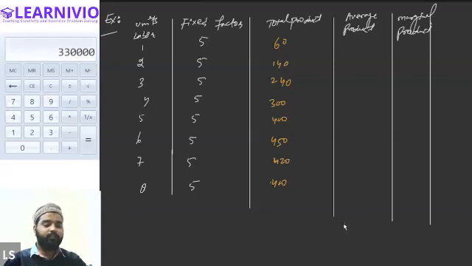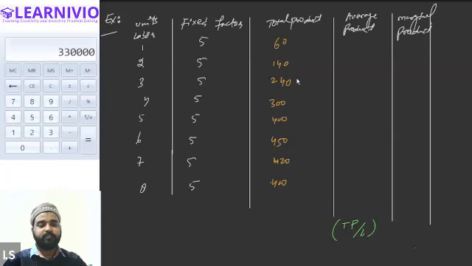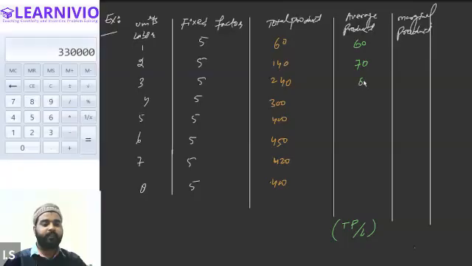Average, how do we actually calculate average product? Average product is calculated by dividing the total product by the labor. Is this clear? Yes, sir. Total product is 60 at the first unit of labor, so 60 divided by 1, we get 60. Then 140 divided by 2, we get 70. Then 240 divided by 3, we get 80.